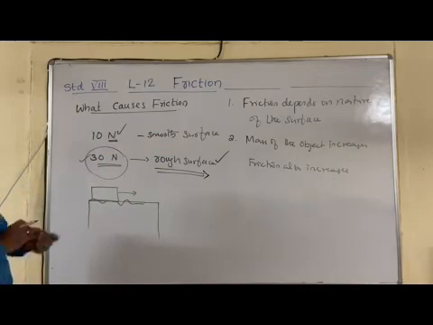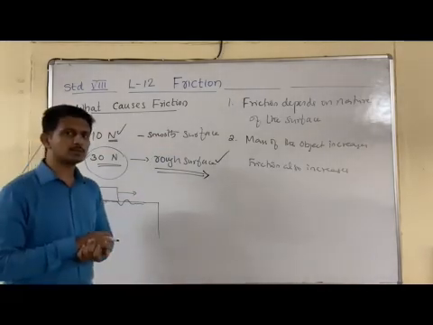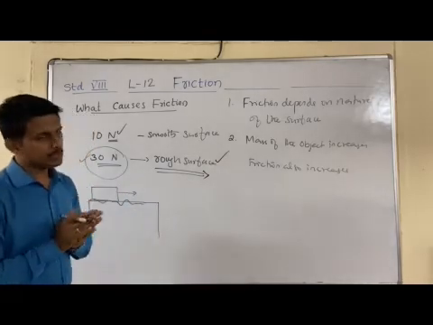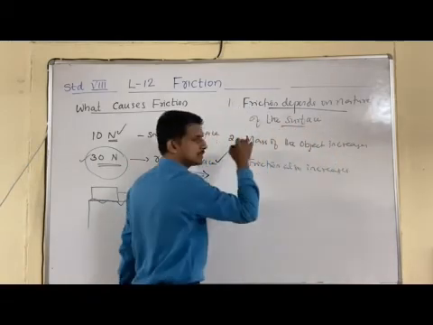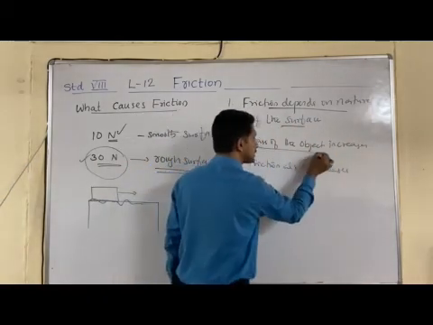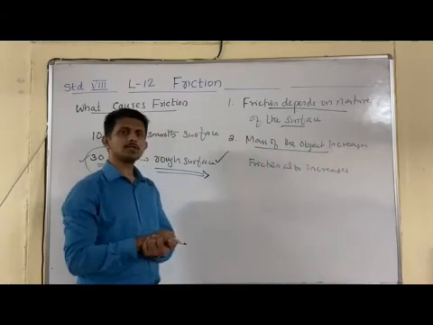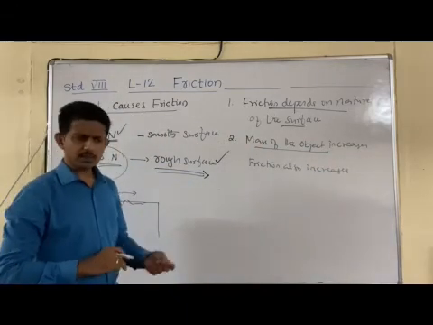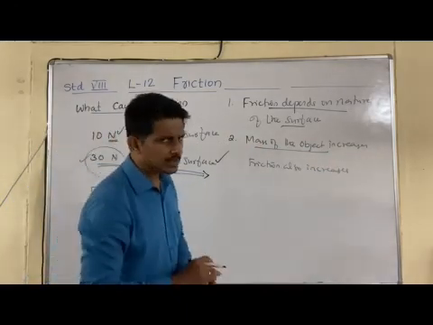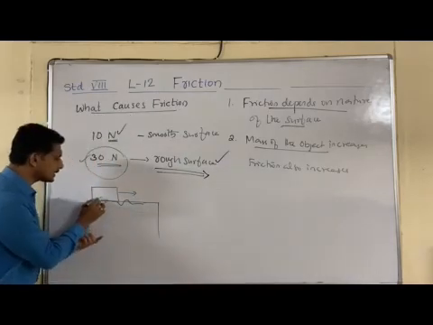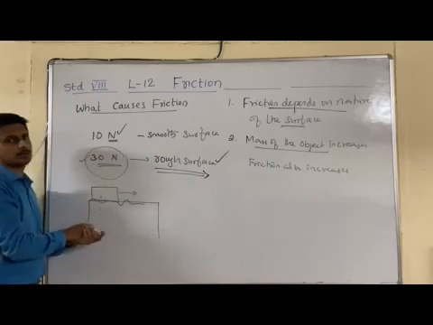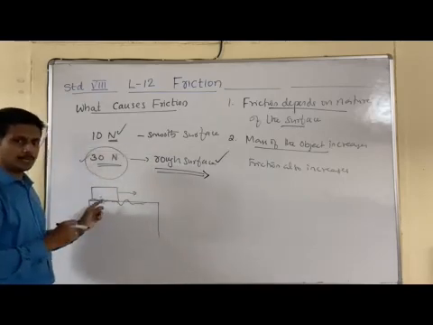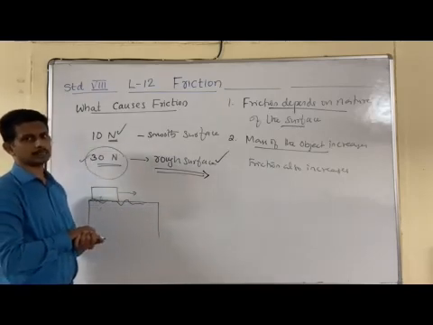So this is the actual reason friction exists between two surfaces in contact. Keep this in your mind. Friction depends on the nature of the surfaces in contact, and as the mass of the object increases, friction also increases. What is the reason? As mass increases, these grooves and ridges press more and more, so the frictional force acting on the object also increases.